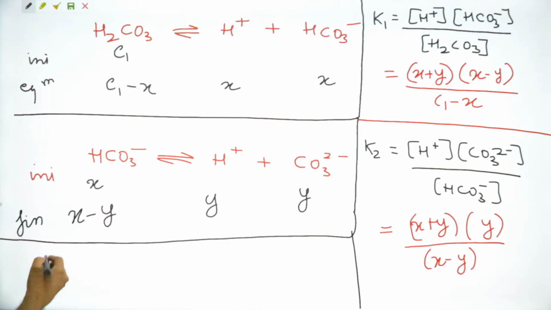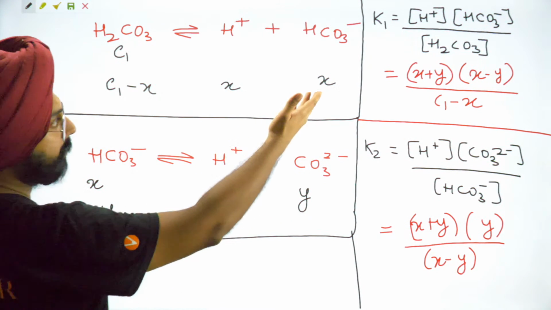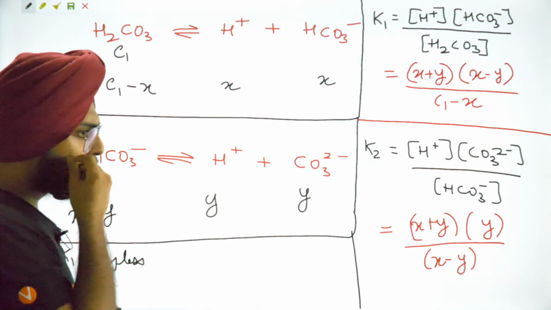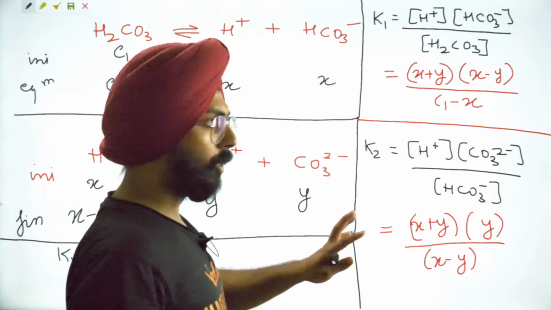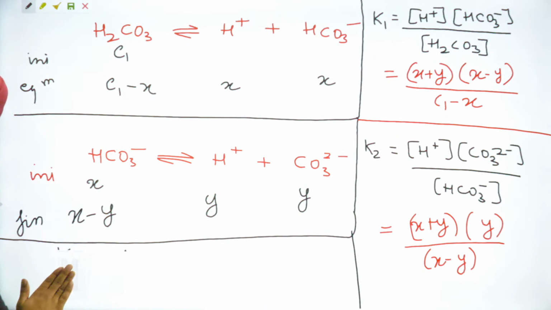Yeah. Fact number 1. K1 is very less. दिख रहा है यहाँ पे K1 is very less. 10 to the power minus 7 something था. It was written on the previous page. Yeah. K1 was 10 to the power minus 7 something. K2 was 10 to the power minus 11 something. Both are very small numbers. So my dear friends,